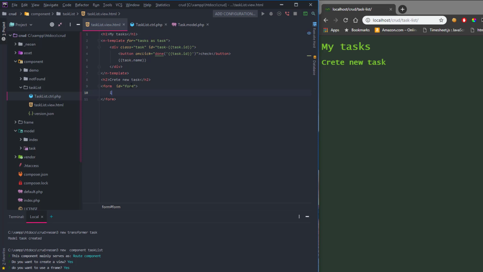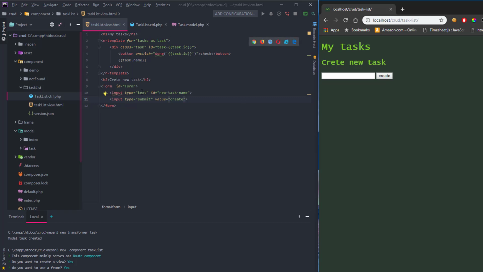And going to have a very boring input with new task name. Okay, type is task. Yeah, that's fine. And basically, I'm going to have an input that is the type of submit and the value of create. Okay,